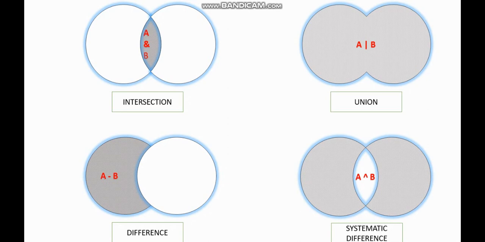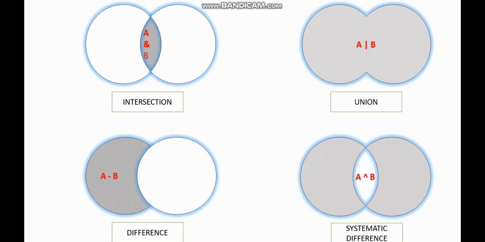Whereas intersection was taking all the common values between the two, the symmetric difference will take the values which are either present in A or present in B, but it will not take the values present in both. Intersection is quite similar to the AND operator, like an AND gate, that is why it is denoted by the AND sign. Symmetric difference is like an OR gate, so that is why it is denoted by the OR sign. I hope you already know what an AND gate and OR gate are. If you don't know, then please don't concentrate on it and just look at what I'm trying to say over here,